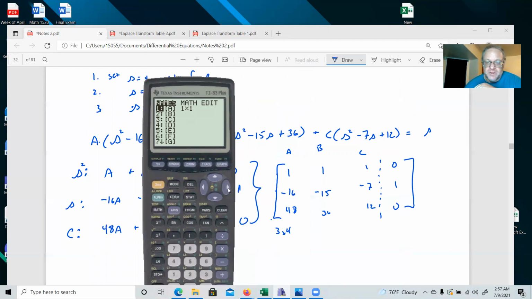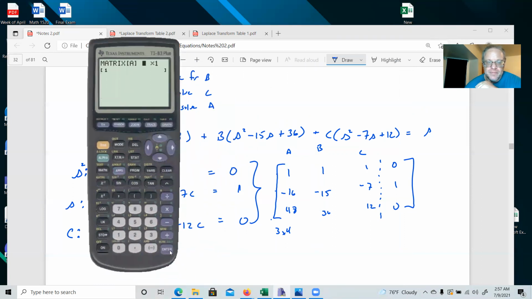So what we're going to do is go over to Edit, then go down and edit this thing, hit Enter, because it's already selected. We need a 3 by 4 matrix, and each one of these we just write in the entry. So we go 1, Enter, 1, Enter, 1, Enter, 0, Enter. I guess technically you didn't have to do that. Negative 16, Enter, negative 15, Enter, negative 7, Enter, 1, Enter,